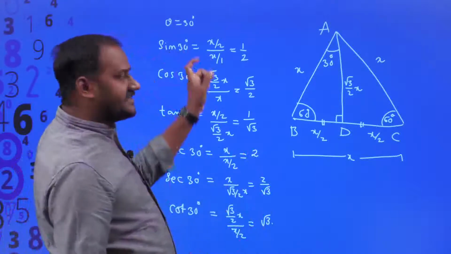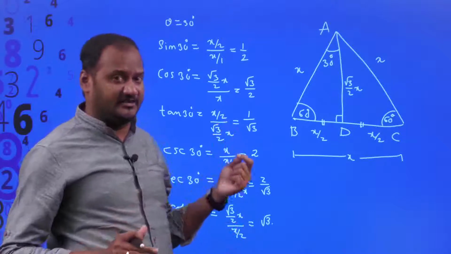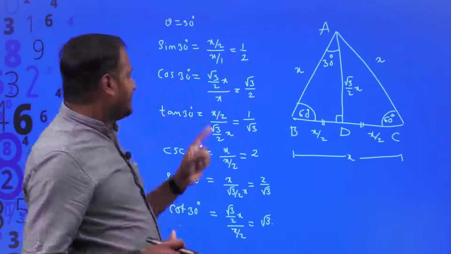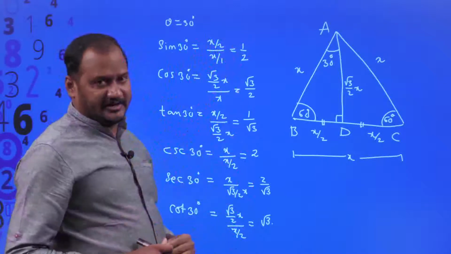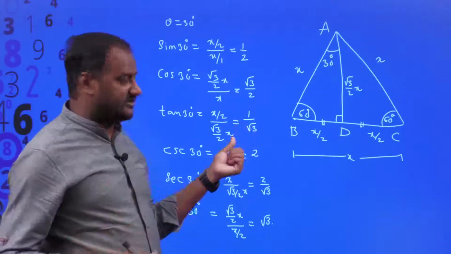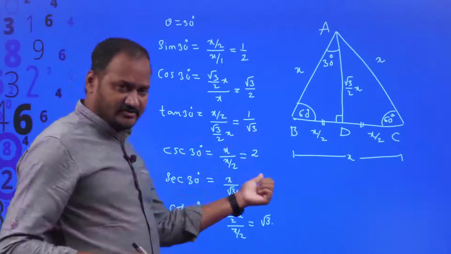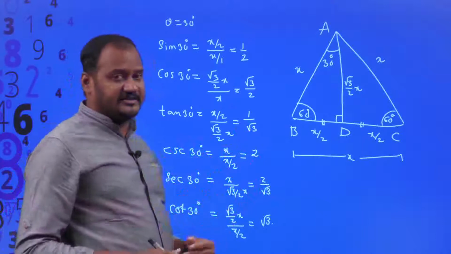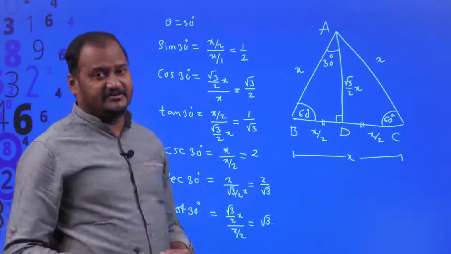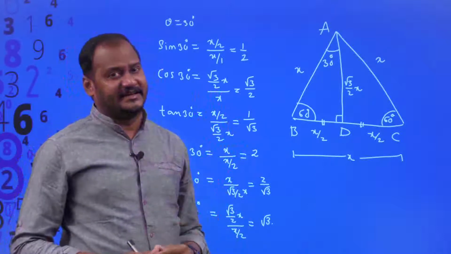So these are all the standardized values. The values will not be changed. So you will have to remember all the values, right? So sin 30 is equal to 1 by 2. Cos 30 is equal to root 3 by 2. Tan 30, 30 means 30 degrees by default, okay? And cosecant 30 degrees is equal to 2. Secant 30 is equal to 2 by root 3 and cot 30 is equal to root 3. So this way we can derive the values of all trigonometric ratios for 30 degrees.